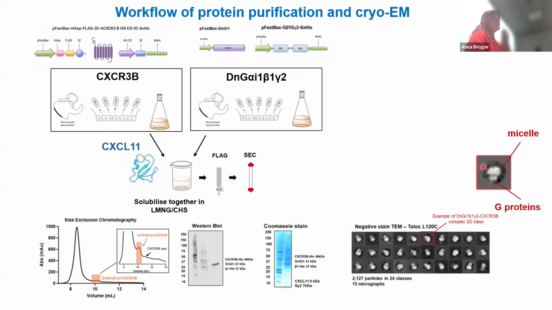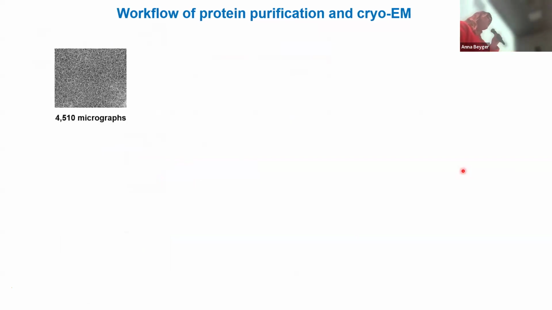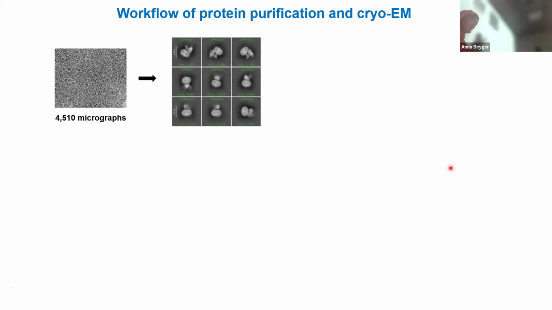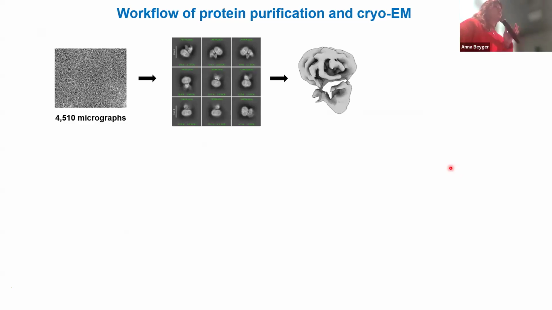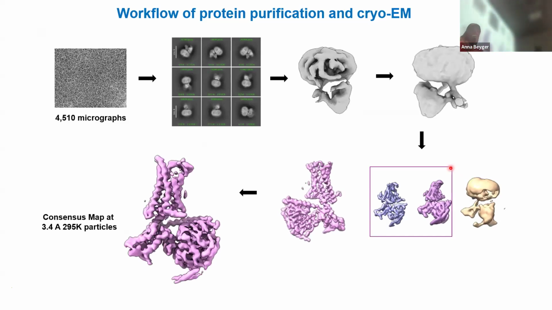For reference, this is what you want to see on the negative stain images: a little micelle here and two little dots protruding from the bottom of it, which are the G proteins. So we thought that this is good to put on the grid. We put it on the grid for Cryo-EM, collected around 4,000 micrographs, motion corrected, and ran all of those processing pipelines that put it into 2D image projections. From that, we were able to build an ab initio model, which obviously doesn't look great, but then we did a few steps of refinement and polishing that finally gave us something that had a bit of shape